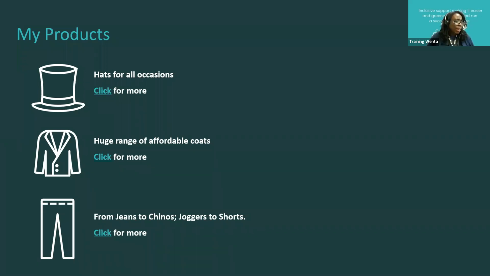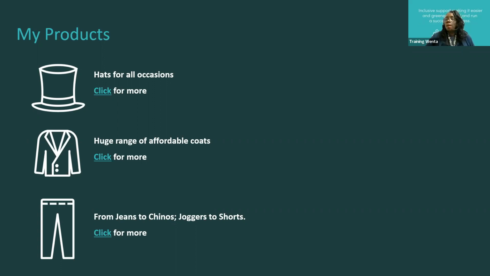So let's have a look at an idea of structure. Again, it doesn't matter what you're selling, whatever it is that you're selling, you'll still need structure on your website anyway. Here's an idea, and we're just using these products as an example. So if you're planning on selling e-commerce, so let's just say you're going to sell, I don't know, let's just say